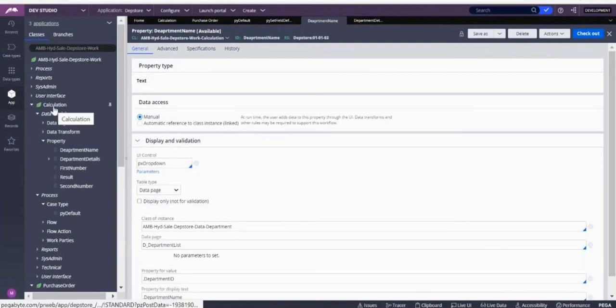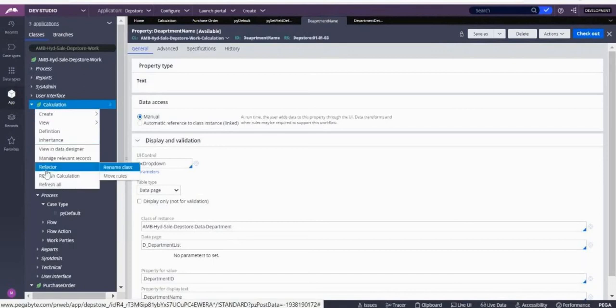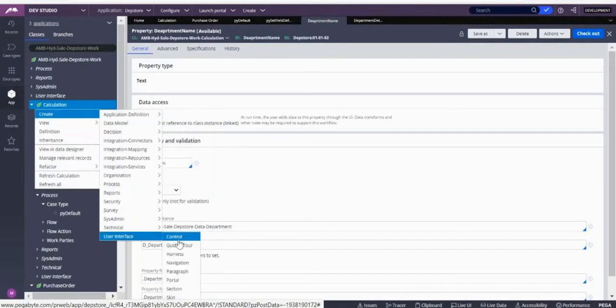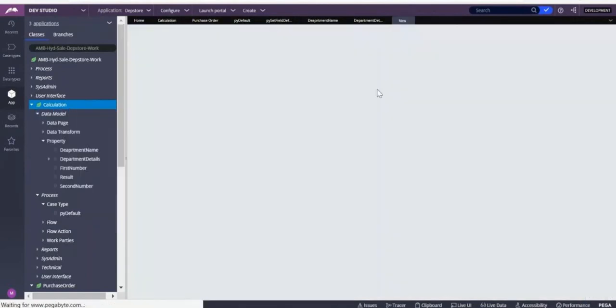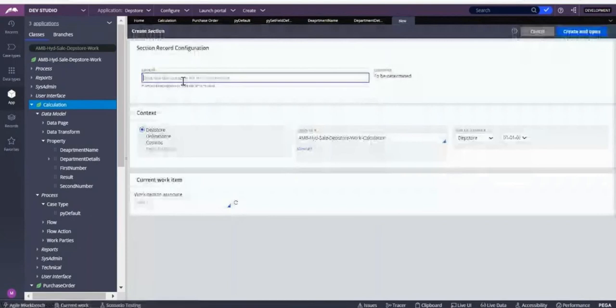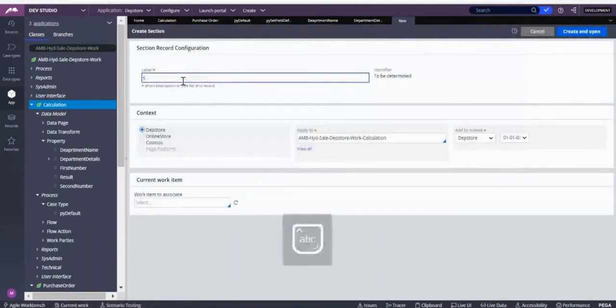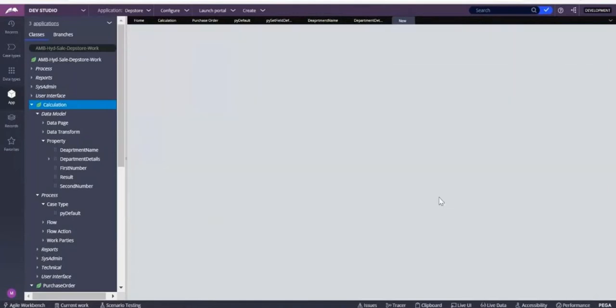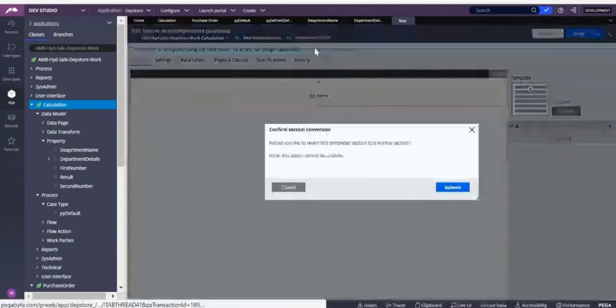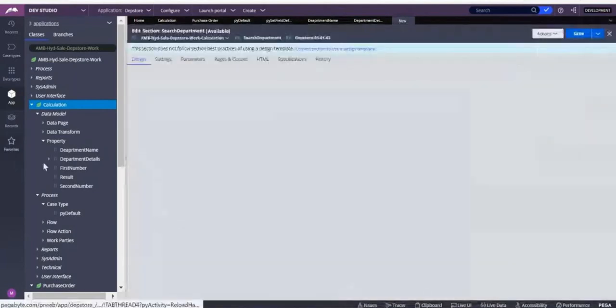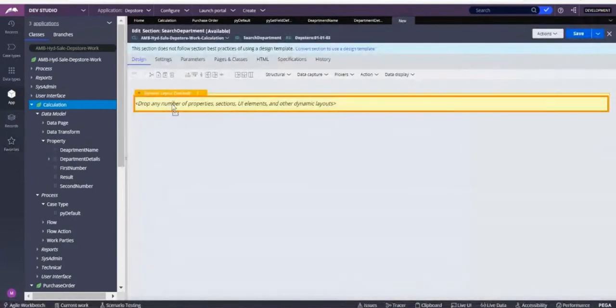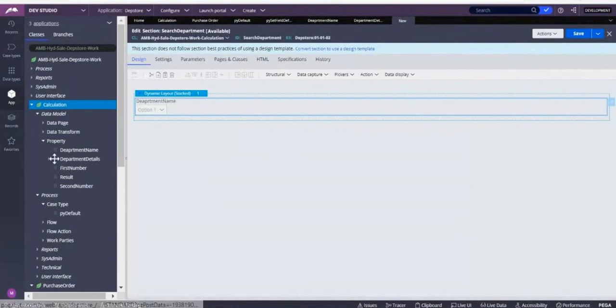Okay, you cannot drop page mode properties into a section. So that way it was showing you error. So you cannot drop, as I said, it cannot be dropped.